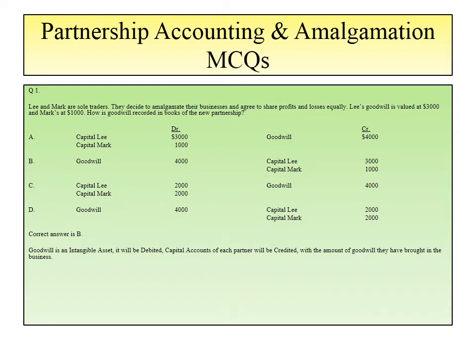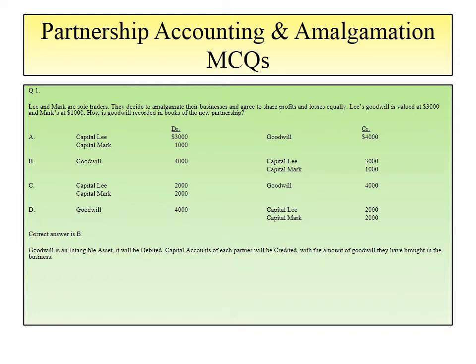Goodwill कैसे रिकॉर्ड की जाती है, ये इस क्वेश्चन में हम सीखेंगे। And four options are given. The first is: capital of Lee and capital of Mark shall be debited according to their goodwill amount, and goodwill shall be credited. The second option is: goodwill shall be debited and capital for both the partners shall be credited. One thing I should mention here is that goodwill is an intangible asset, and as it is an asset, therefore